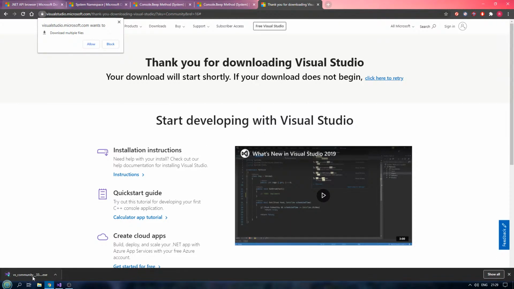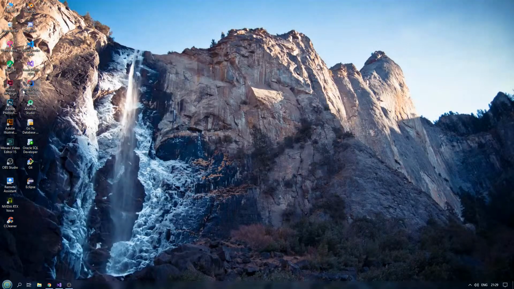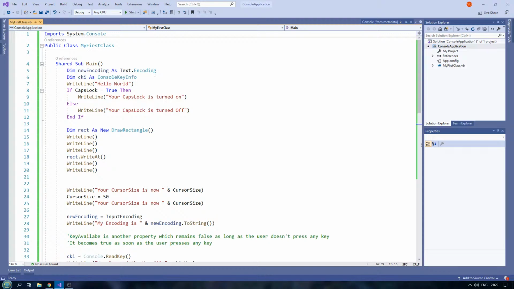Yeah, the download has been completed. As you can see on the left-hand side, an exe file has been generated. You just click on it, run it, and you will get this icon on the desktop, Visual Studio 2019. Let's run it, and you will be able to see this